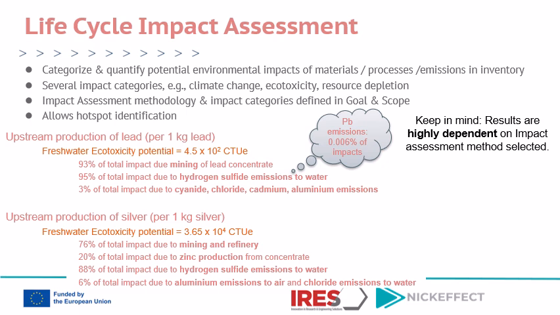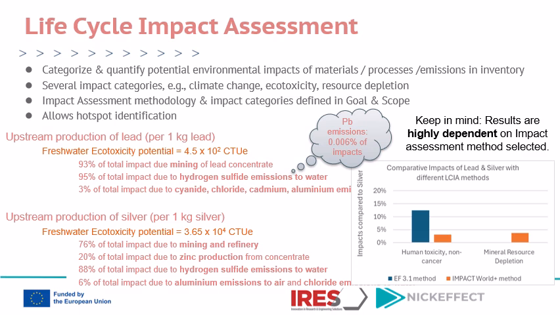And it's always important to keep in mind that these results that we are looking at here, so the actual potential ecotoxicity score for each metal and the contribution of different elementary flows, all highly depend on the impact assessment method selected. So for example, what we are seeing in this graph is the comparative impact of lead compared to silver with two different impact assessment methods. So with the blue color, we see the environmental footprint method, and with orange, we see the impact world class method. So when it comes to human toxicity,